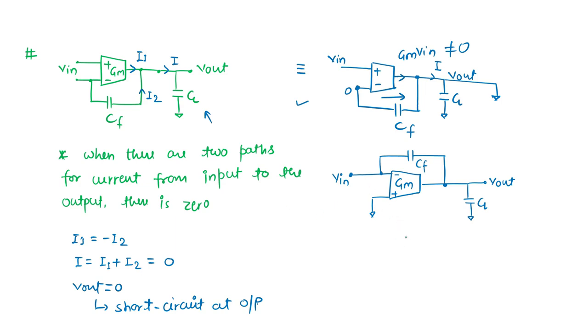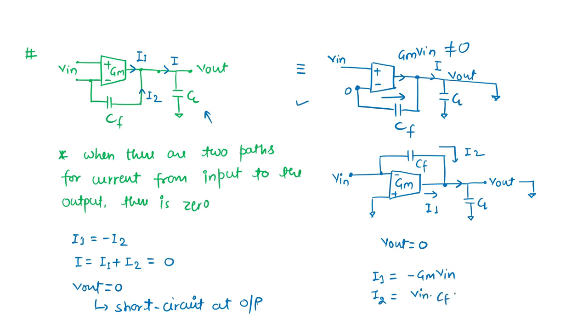Okay, so what is happening here? There are two paths of the current. One is this path, other is this path, and overall current is coming this way. And if I consider it short, what I mean to say, V out is 0. Then what is this current? Let me call it I1. Let me call it I2. What is I1? I1 is nothing but minus Gm V in, and output is shorted. So what is your I2? I2 is my